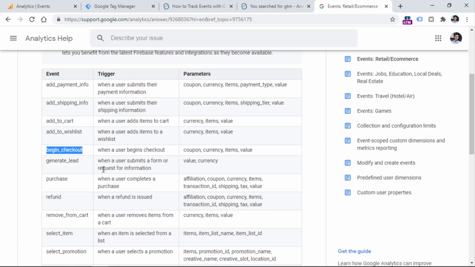Because for example, if you sent a purchase event with some purchase data, but the name of the event was purchase completed instead of purchase, then Google Analytics would not be able to understand that this is actually a purchase, and that event would not be displayed in e-commerce reports of Google Analytics 4. So this is very important: if you have an event and you want to track it with Google Analytics 4, and that event is mentioned among recommended events, then you should follow Google's naming convention.